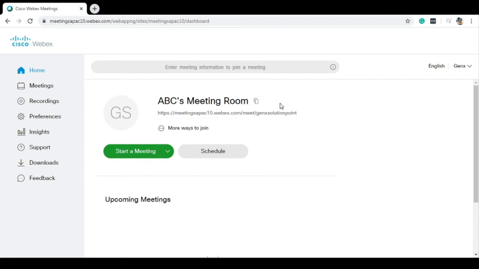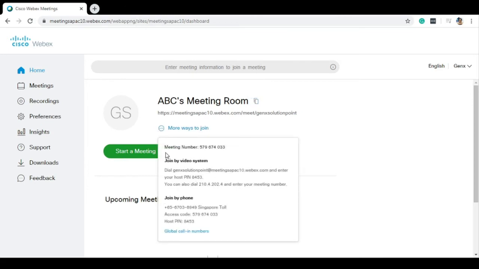Friends, I forgot to mention that if you want to invite your friends or the participants, you can use this link. This is the link which is available. You can copy this and share it with your friends. They will get some sort of link, the IDs and all the details. Or if you wish, you can click here, more ways to join. That is this part. You can again copy and paste the meeting number, it is available here. If you give this meeting number to your friends or somebody who wishes to join the meeting, they can also easily join this particular meeting. Fine. I hope it is quite clear.